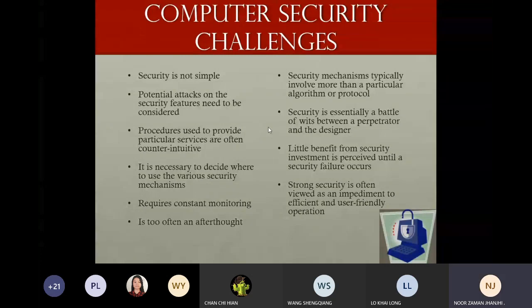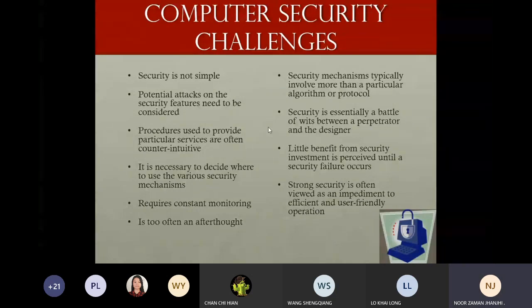We know that security is not simple. It's not something that we can go and buy and apply. It's not simple. Okay, this is a challenge for us. Potential attacks on security can be considered from anywhere. Maybe based on the user behavior, maybe from the network, maybe from the computer itself, maybe from an inner organization member, maybe from an outer organization member, maybe from a hacker. There are so many possible ways. These are the challenges, so we have to address them. And issues with the services as well.